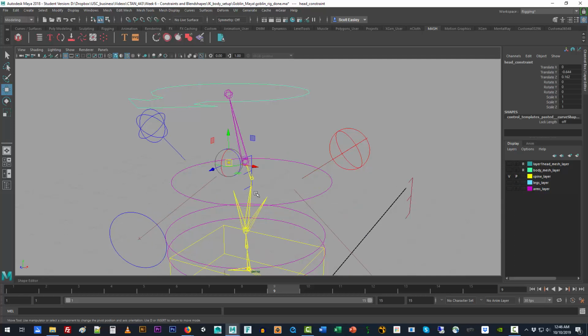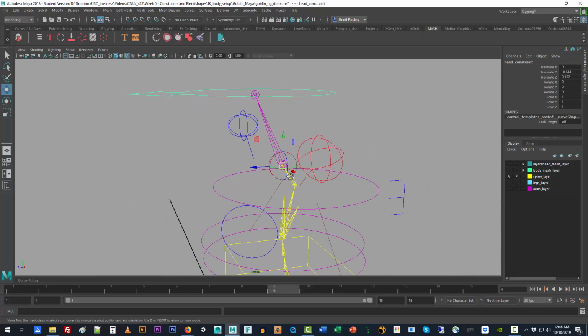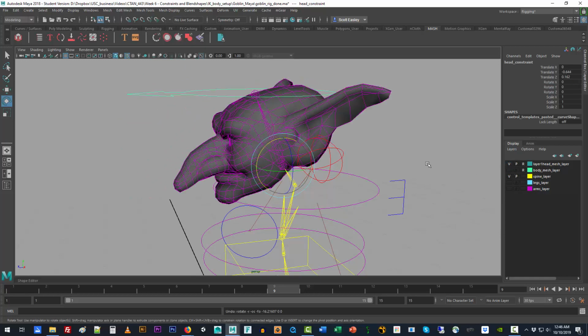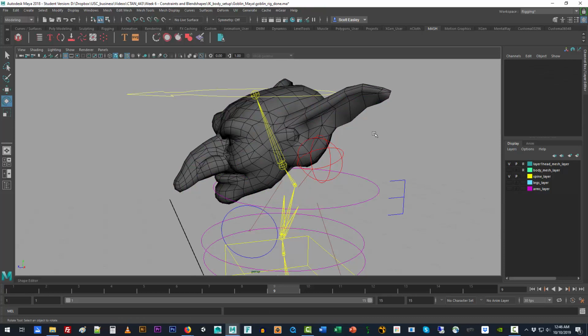In fact, I'm going to just have an easier time after that of popping it over into the middle of that bone, so now that when I rotate the controller, it actually rotates appropriate to the bone. So that's pretty cool. So the first thing we want to do is take this head, which is in reference